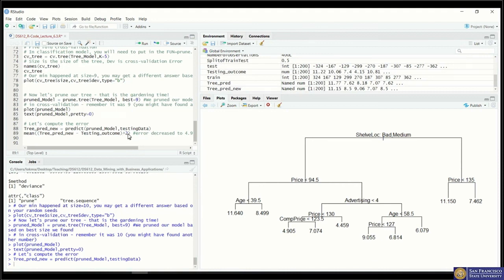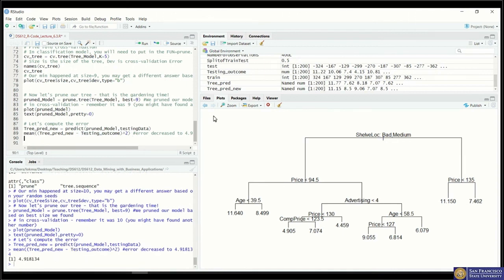And now the final step is to calculate the mean square error. So here goes. We use the predictions from our pruned model and the testing outcomes, which is the sales in the testing data sets, and square the terms. So as you can see here, we are getting a result